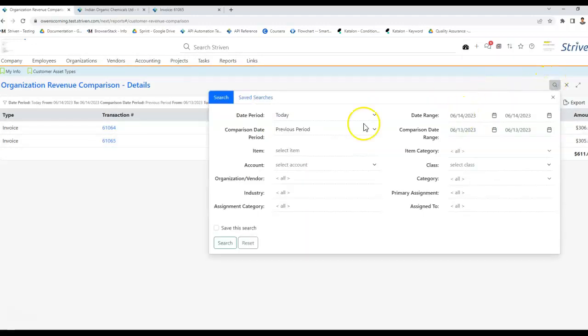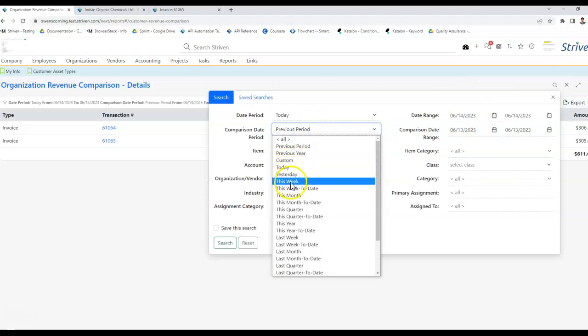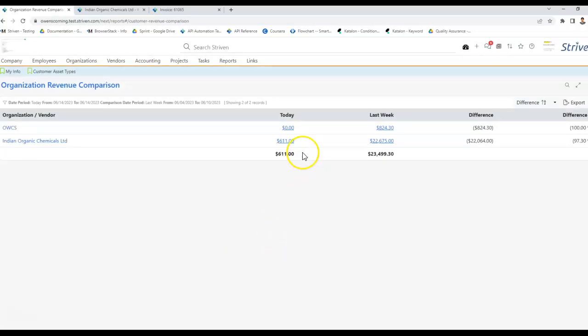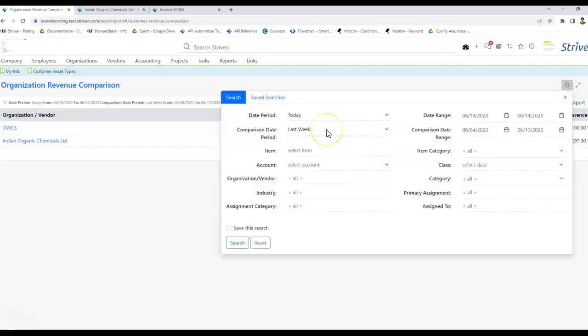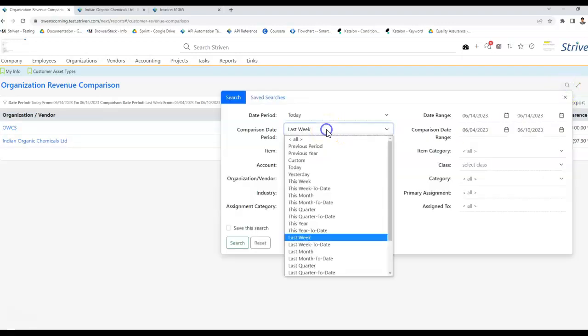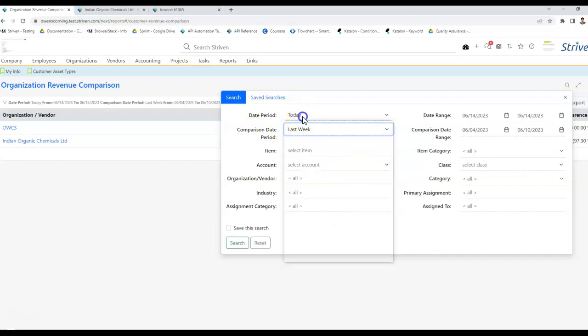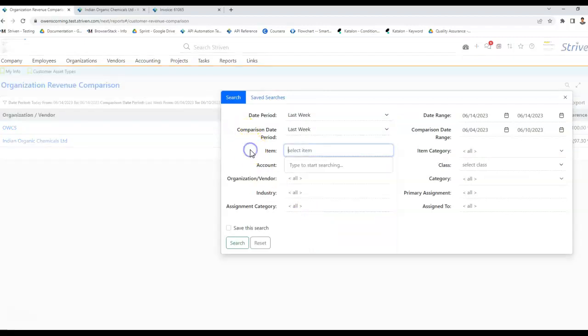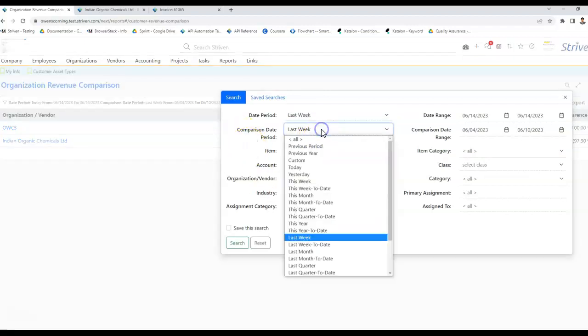Even if I go and select the previous week, that is last week, this amount is still in. Comparison date is this last week, right? No, sorry, the date period should be last week. Okay, so I'm selecting last week,